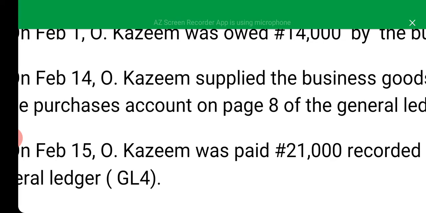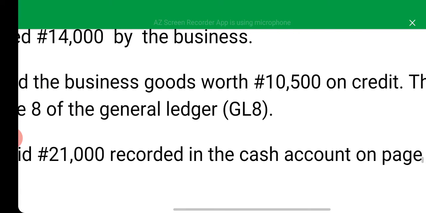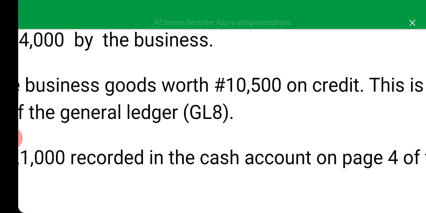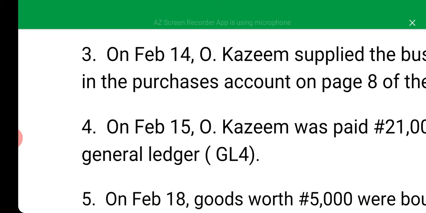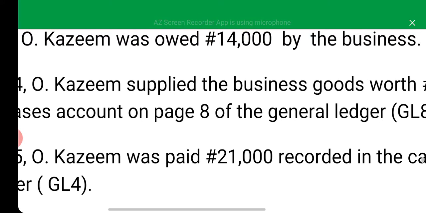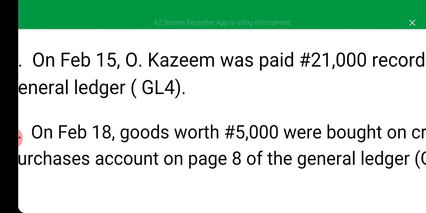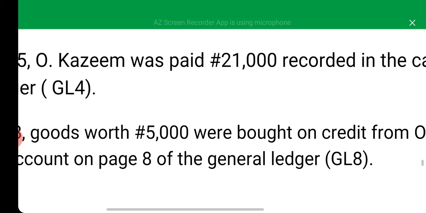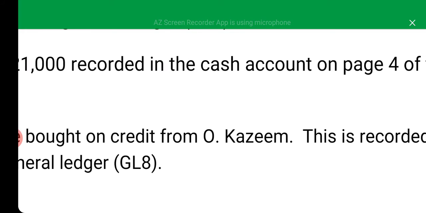Then on February 14, O Kazim supplied goods worth 10,500 on credit, and this is recorded in the purchases account on page 8 of the General Ledger book. On February 15, O Kazim was paid cash of 20,000 naira, recorded in the cash account on page 4